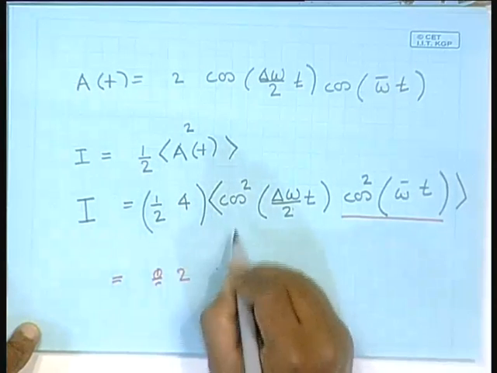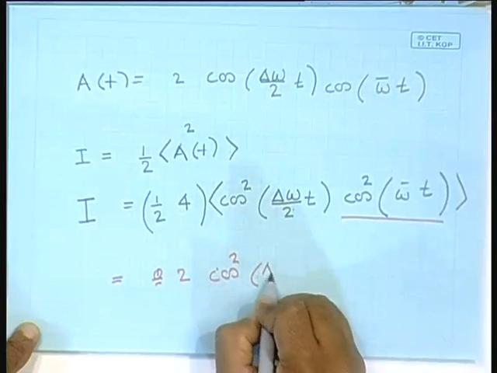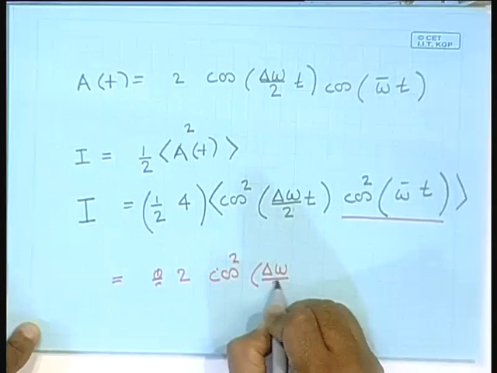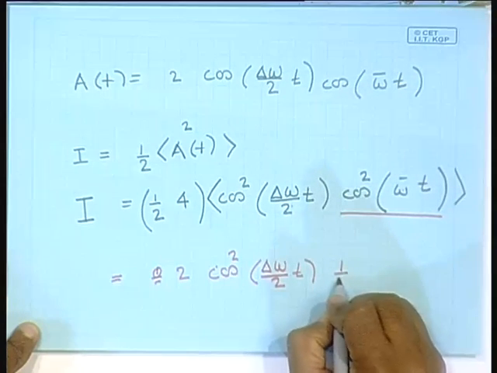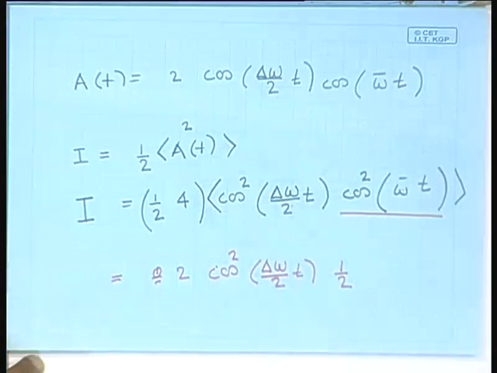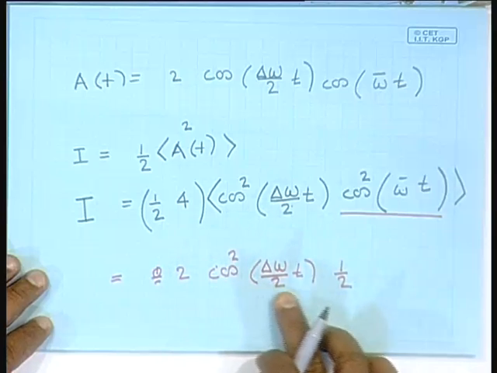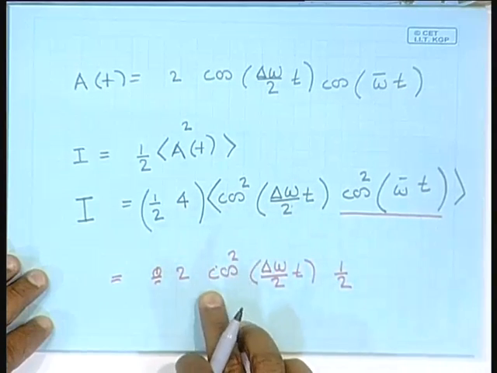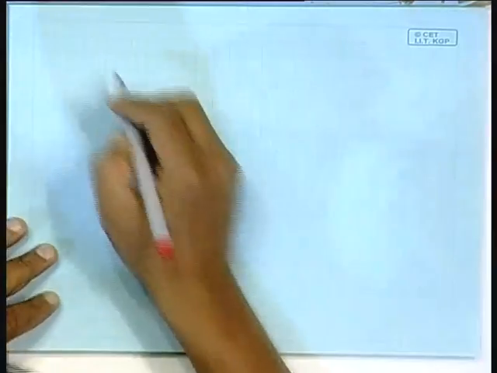2. This is going to still remain cos square(delta omega by 2 t). This time average is going to give us a factor of half. We are not going to be able to record the fast variation over here. So, what we are going to experience is the slow modulation, the slow change in the amplitude, because that is going to occur on the order of a second, and this cos square(delta omega by 2 t) with the factor of 2 outside can be written as